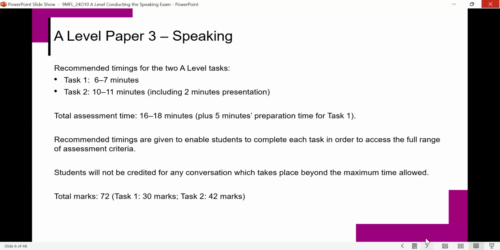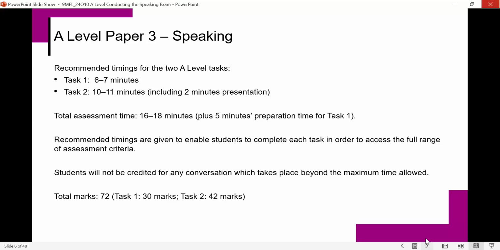And then you start your recording device, and you will announce the name of the candidate, the name of your centre, your name as the teacher examiner, the card that the candidate is doing. You might greet the candidate then, good morning, good afternoon. And you will say to them, and now we're going to begin with task in the target language. Now we're going to begin task 1, and we're going to begin with the first question, and you ask them